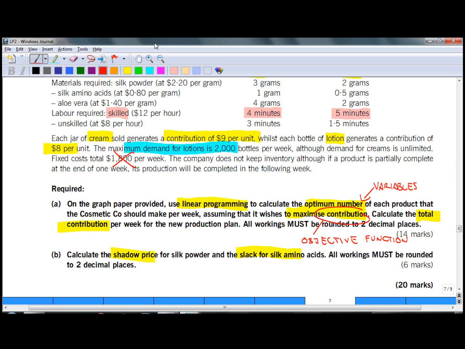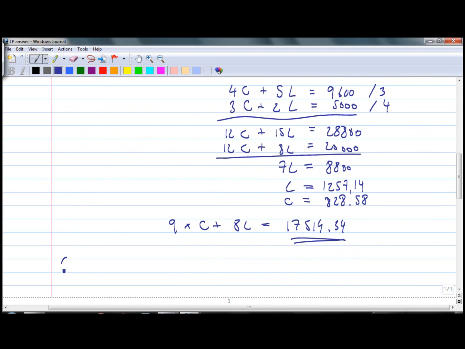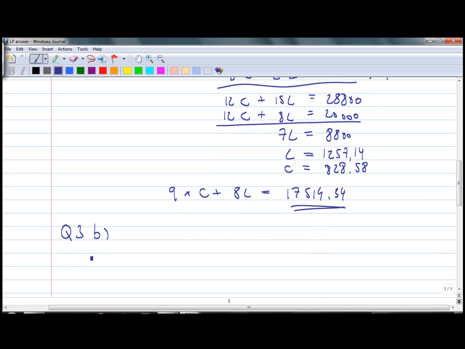In part B, we need to calculate shadow price and slack. It's easier to calculate slack, which is defined as the difference between the amount needed in the optimum solution, which we calculated in part A, and the amount which is available. So here I'm going to continue with my answer, question number 3, part B, and I'm going to calculate slack